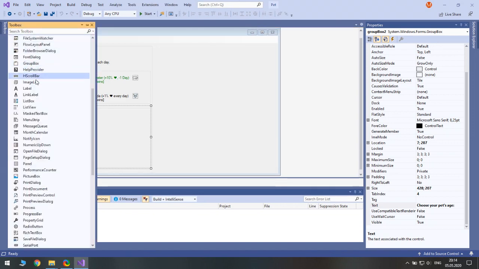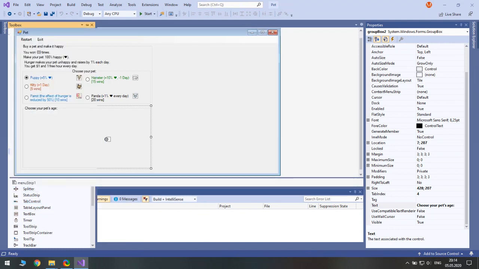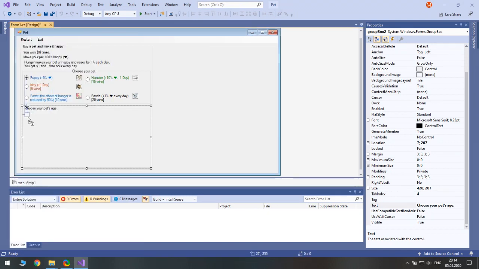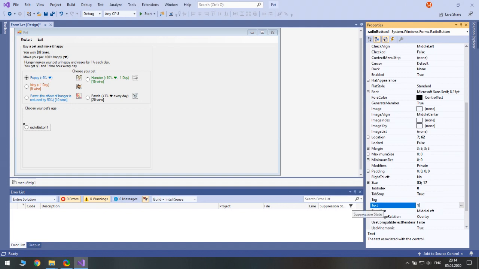So drag a radio button inside the group box, and its text is, I guess, 1 month, and again it should have some effects, otherwise why would anyone choose a different age. +1 day and +1% hunger.